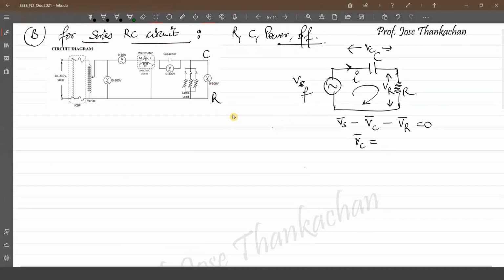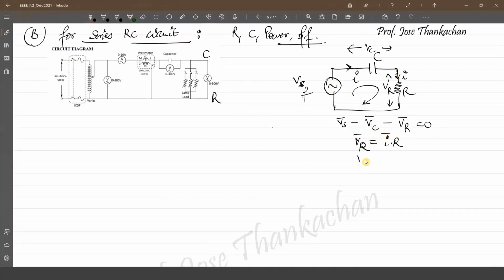Yeah, so first I'll write down what is VR. Okay, what is VR here? VR is nothing but I multiplied by R. This will be the same as in the previous case also. The current flowing through the resistance is the same. They both are in series. So I phasor multiplied by R. This does not change instantaneously.